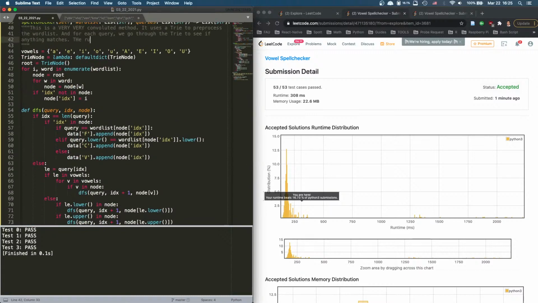The rule to go through the trie is that if the query's letter is a vowel,